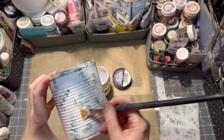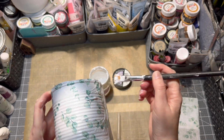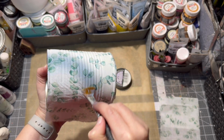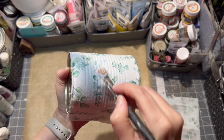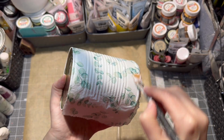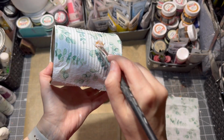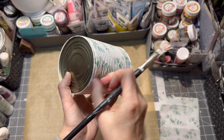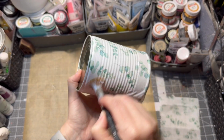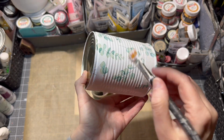So but make sure really good amount of glue. You can apply a little bit of pressure so the bubbles will be gone, the wrinkles will be gone, and you go slowly from one side to another. You can even lift your napkin if you see a wrinkle, something forming. Just carefully lift it, but as you can see, good amount of glue, and I'm going, and you would think, okay, now she gets wrinkles. No, it just the napkin is wet, it makes that, but with good amount of pressure you get rid of everything, bubbles, wrinkles. And then let it dry, and I did it with another piece of napkin, so I really decoupage the whole